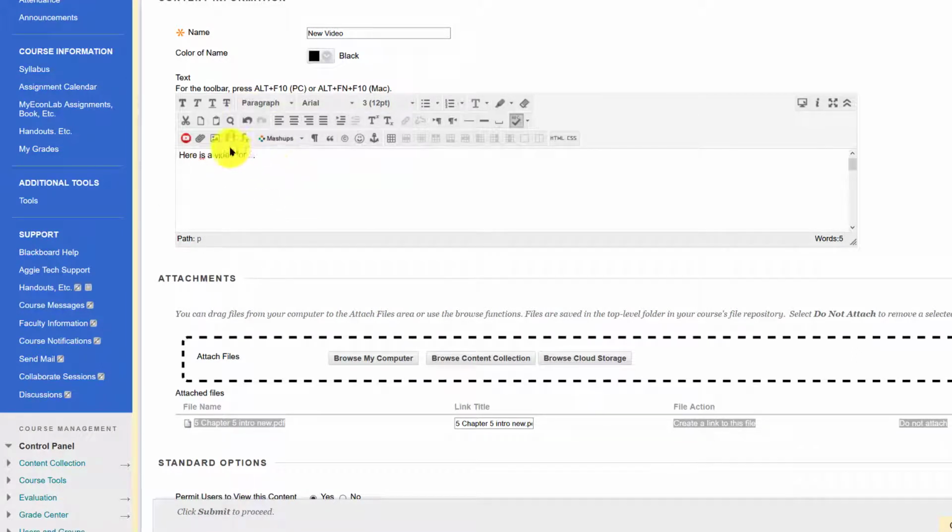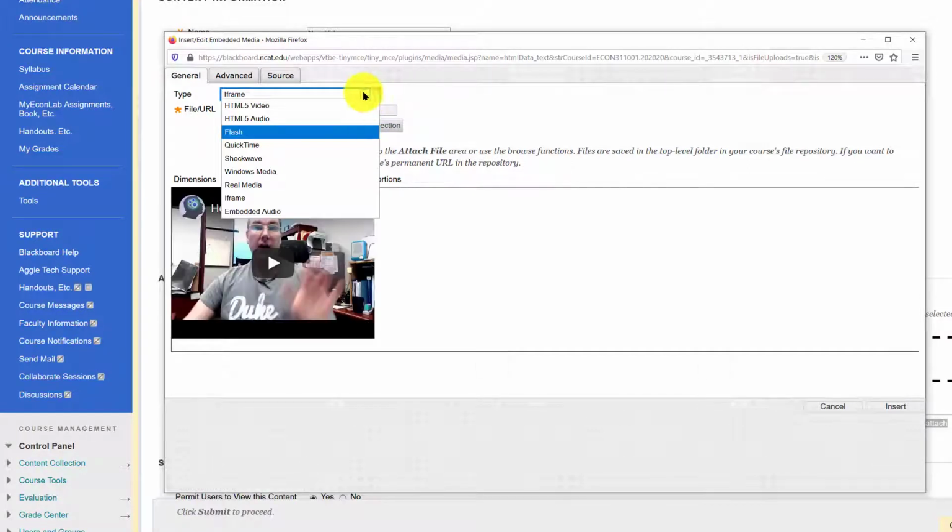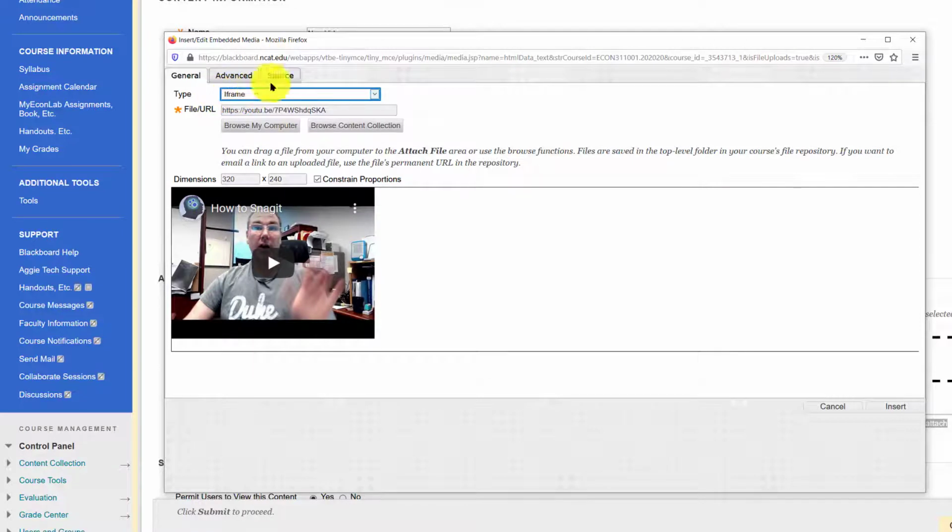And then click this little button here. It's the fourth from the left on the bottom, Insert Edit Embedded Media. And right here you can just paste in that link to the YouTube video. And it should change it automatically to where it's an iframe because it sees what it is. Now notice that with the dimensions of my video here, it's got this big black bar on the top and the bottom. You can change the dimensions here, uncheck Constrain Proportions, and then we can change that to 200 high,